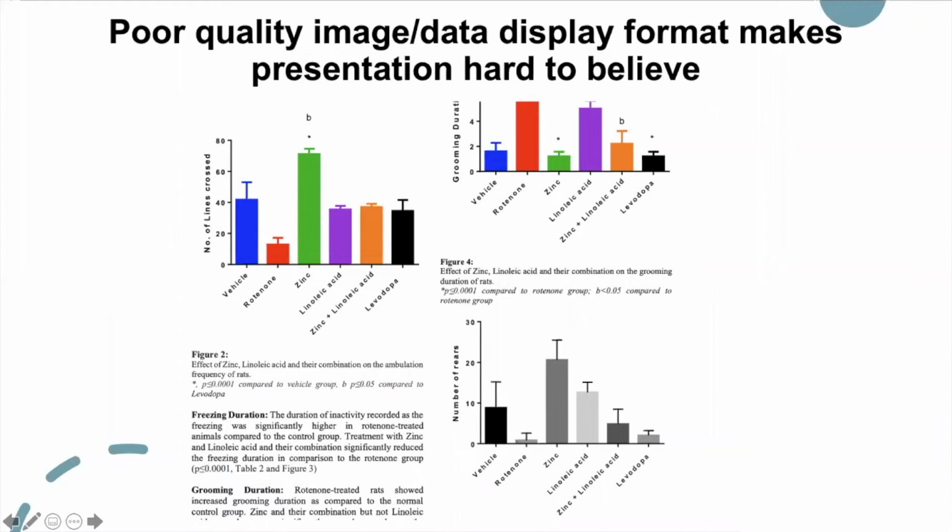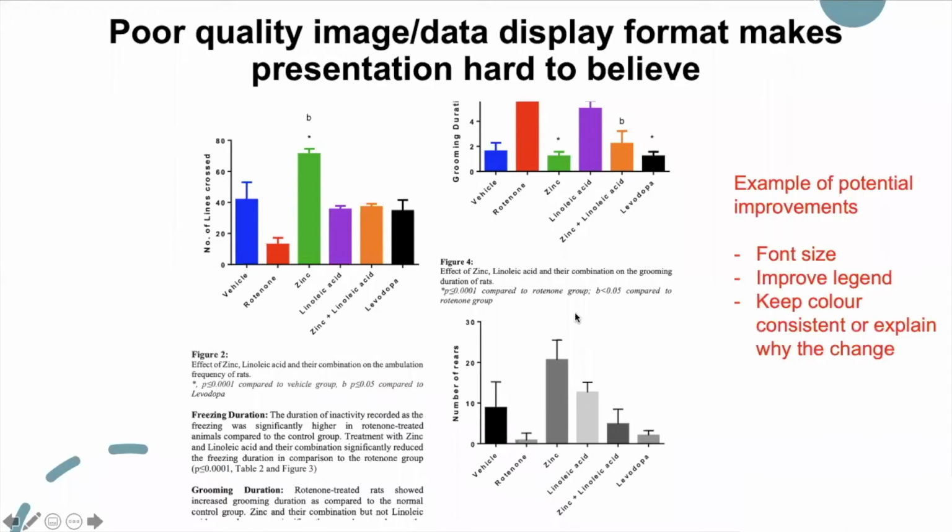Was it for 1 month? Was it for 1 week? Was it for 1 year? It is not clear. And of course, also tiny things about the font to take care of. So take care of the font size so that people can see and appreciate the data. Improve the legend, put vital information as I mentioned here, and keep the color consistent, or explain why you have